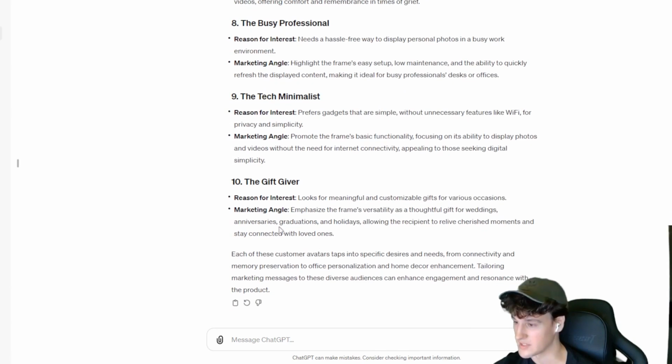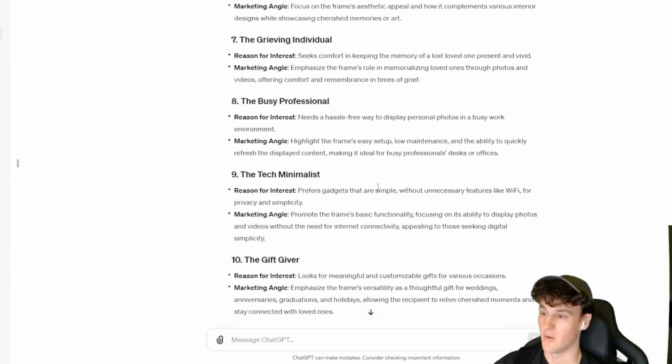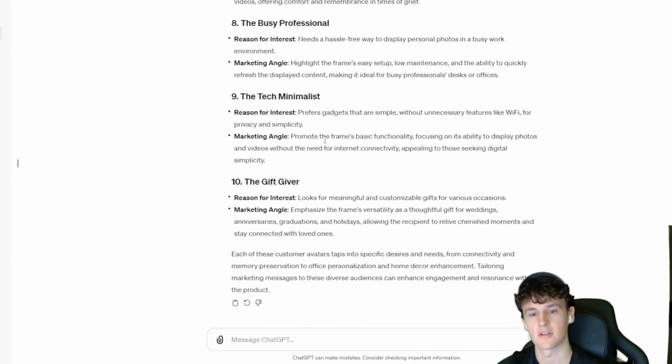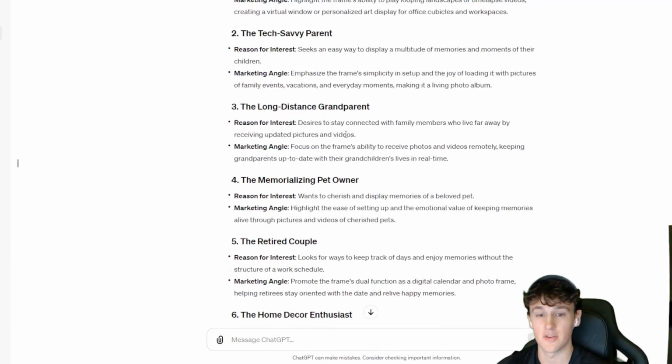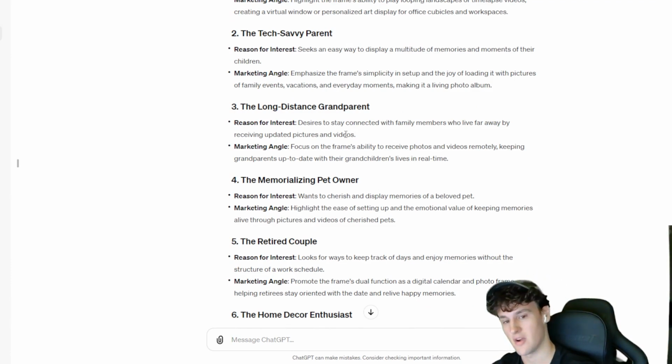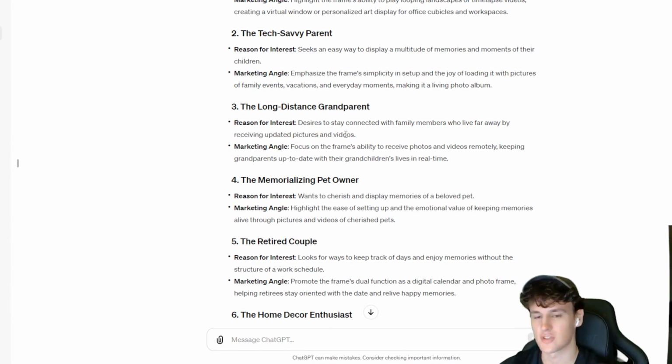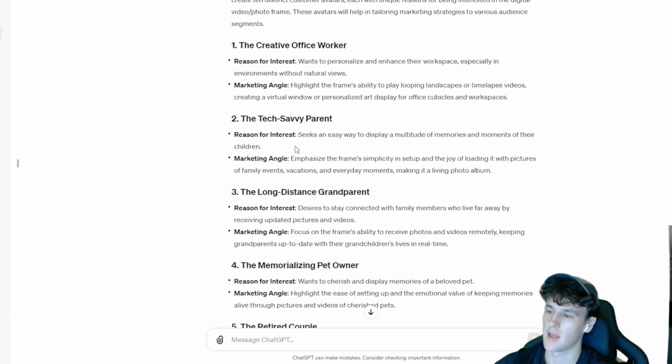Just gift giving in general, and it's giving all these different examples: anniversaries, graduations, holidays, weddings, things like that, based on achievements. There are so many angles with this. It hasn't even said anything about relationships, like a boyfriend and a girlfriend or a long distance relationship. It says long distance grandparent here, but then you could use your intuition and think, well, maybe someone lives at university and they miss their parents from back home. There are so many different angles with it. So you could play around with the ones it gives you. Maybe sometimes it's not going to give you 10 perfect angles, but you can just play around with it,